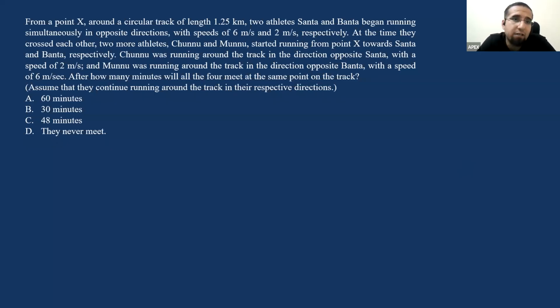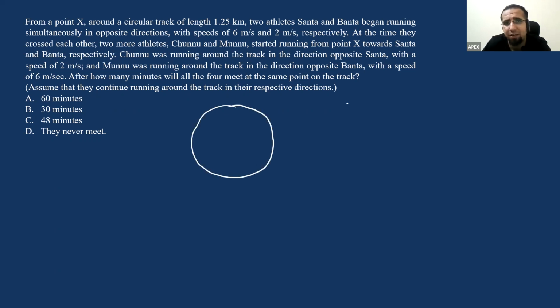Yeah, so from a point X around a circular track of length 1.25 kilometers, 2 athletes, Santa and Banta, began running simultaneously in the opposite direction with speeds of 6 and 2 respectively. At the time they crossed each other, 2 more athletes, Chunnu and Munnu, started running. Okay, at the time they crossed each other. So if the total,